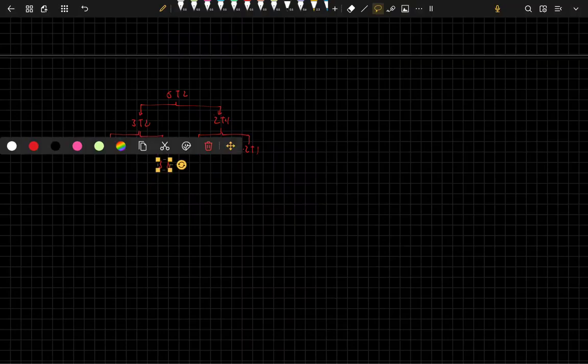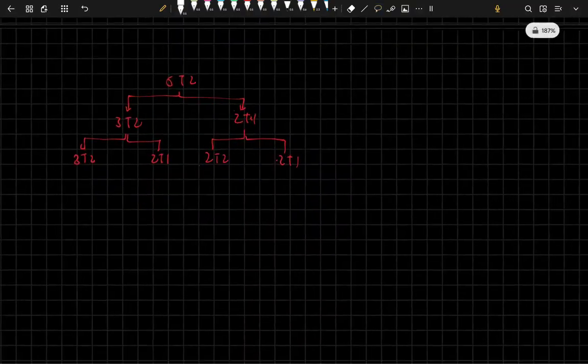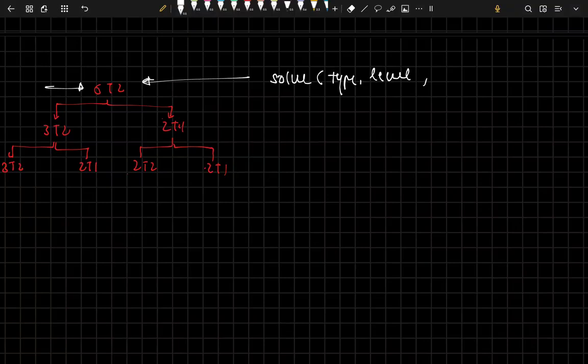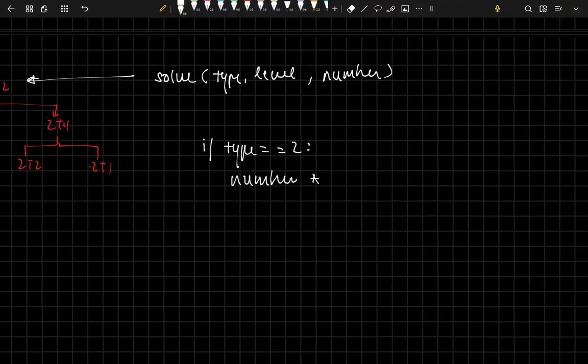Okay, so what I am doing is I'm calling a solve function, and for the solve function I should have some sort of data, right? So first of all I am giving the type, I am giving the level here. You will see the relevance of level in a second, and I am passing here a number. So for every solve function, if type is equal to 2, then I am calling number into solve of